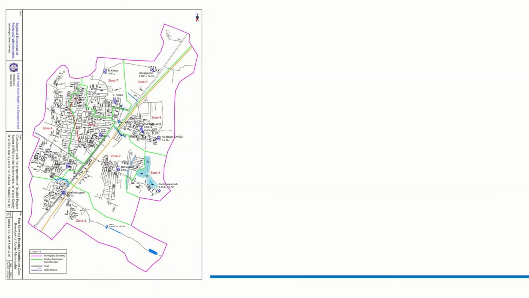Zone 1 is the primary settlement. Zone 4 also has more density, but otherwise zone 3 and zone 2, there are habitations but not to that extent. So yeah, that's it from my side.